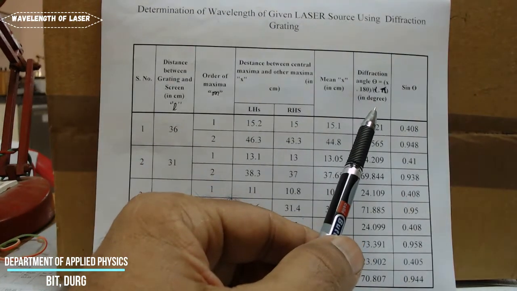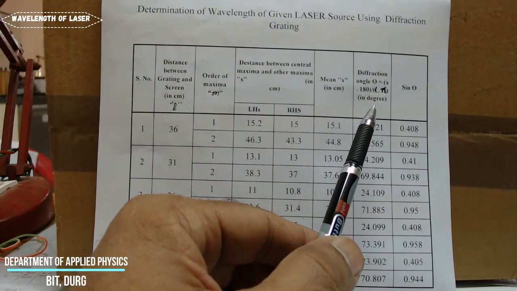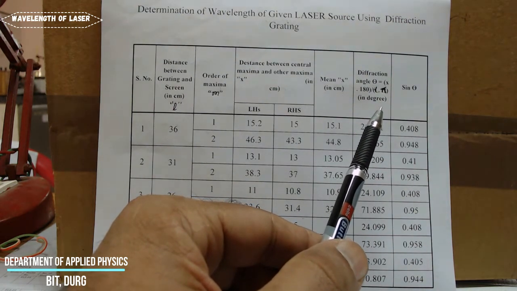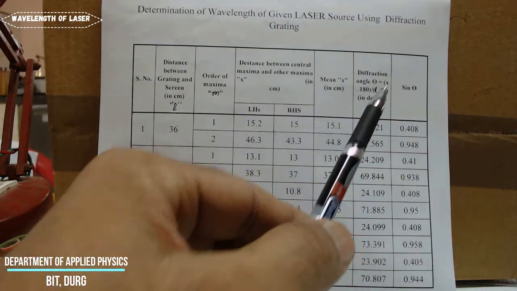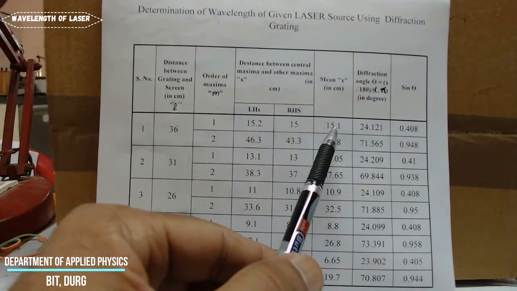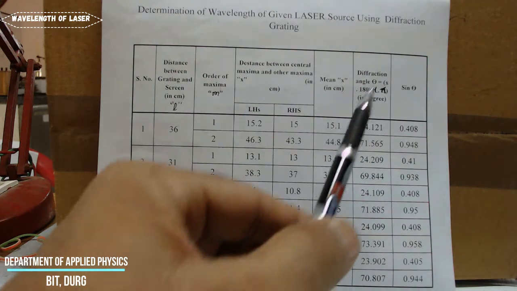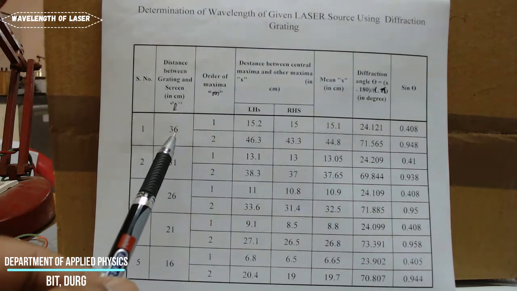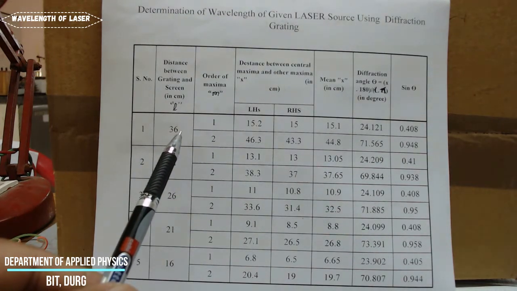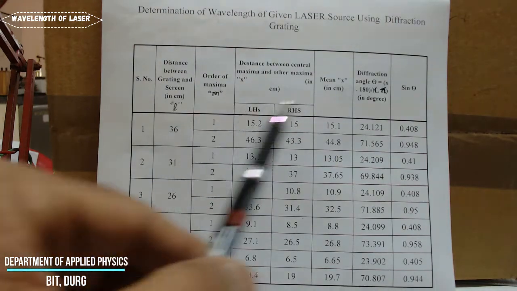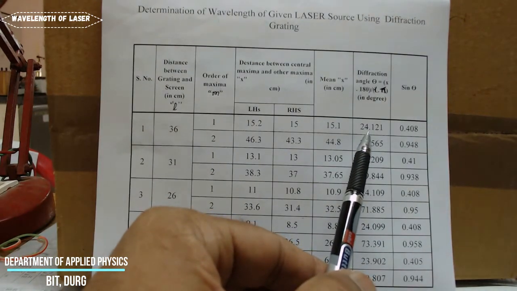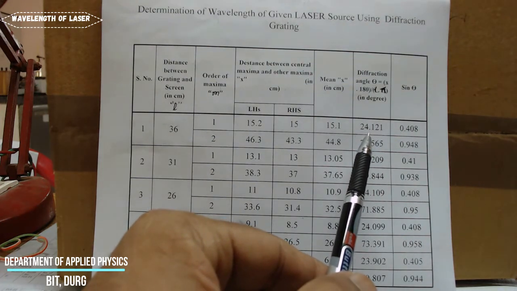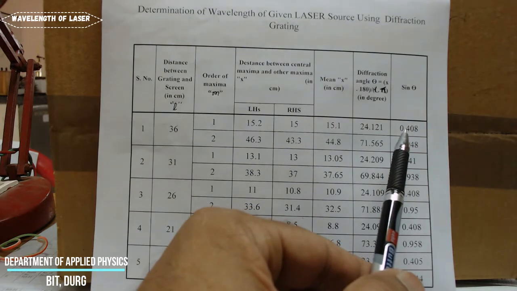The diffraction angle formula is theta is equal to x multiplied by 180 divided by L multiplied by pi. Putting in the values, x is 15.1, multiplied by 180 divided by L, that is 36, multiplied by pi, whose value is 3.14. Doing that, we get the angle's value. The angle is 24.121 degrees. We take the sine of this angle, and the sine of the angle comes to be